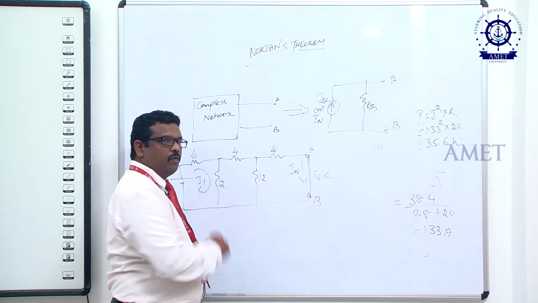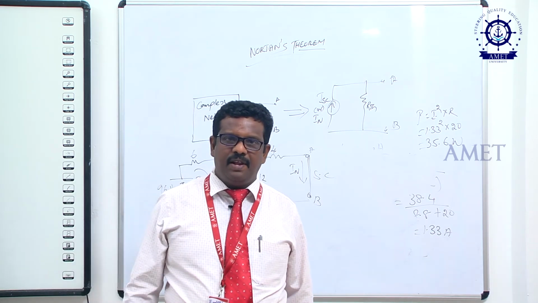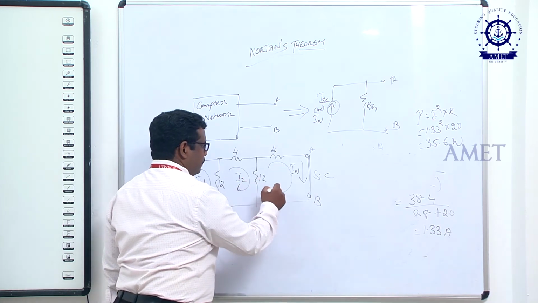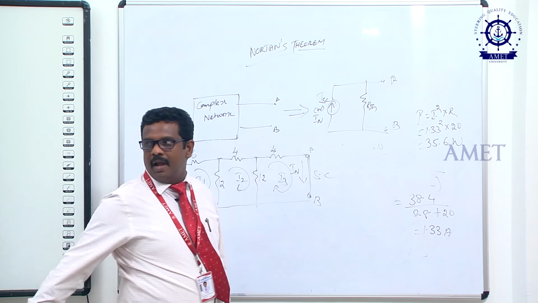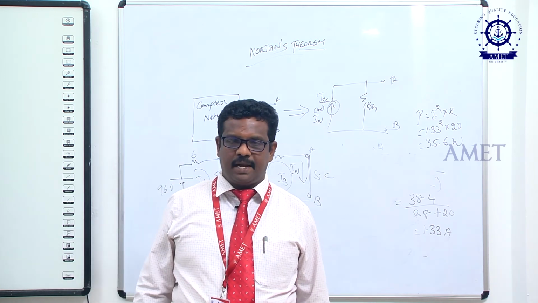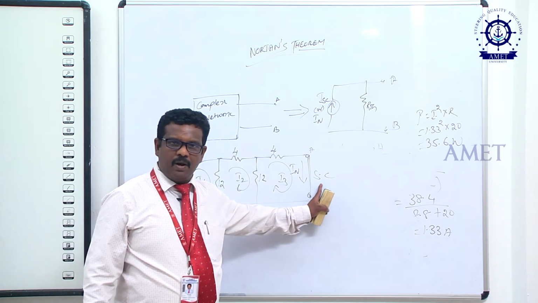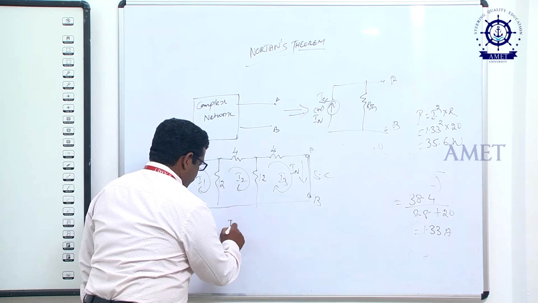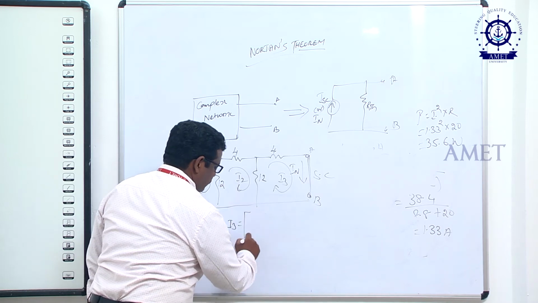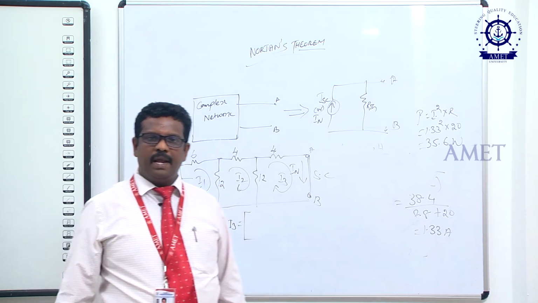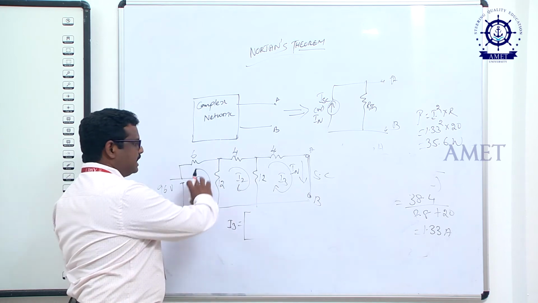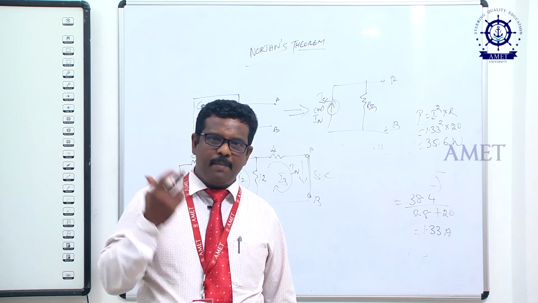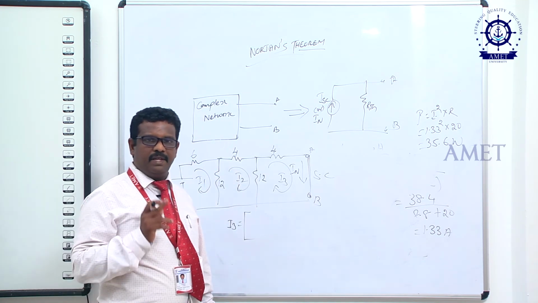Here we go for the simple approach, applying KVL with the mesh method. I1, I2, I3. The I3 current is nothing but the Norton's current. How to find I3? Simply, I3 is found by the mesh method. There are 3 loops. Please refer to my very first lecture on applying the KVL law.